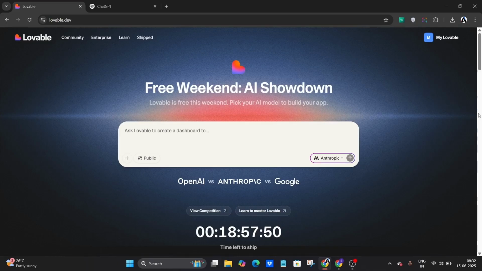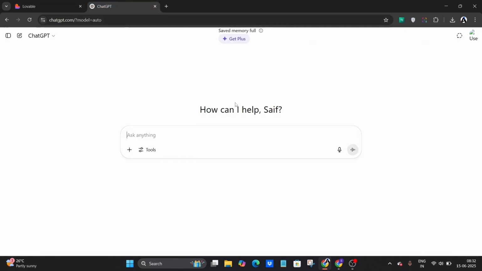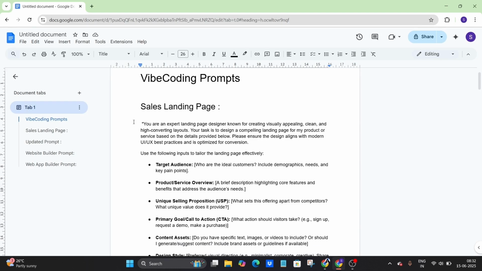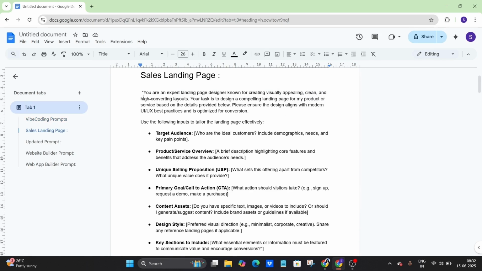So we are going to learn how to use Lovable and ChatGPT to create the landing page for our product and services without coding. Okay, let's dive into that. So I am giving this whole prompt. You can get it from the document. You can see the whole prompt template that you can use to create the sales landing page for your product and